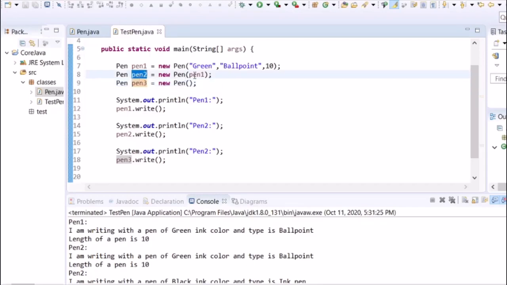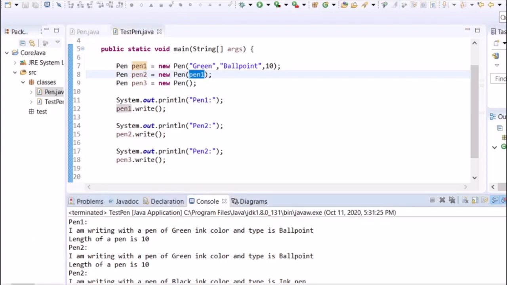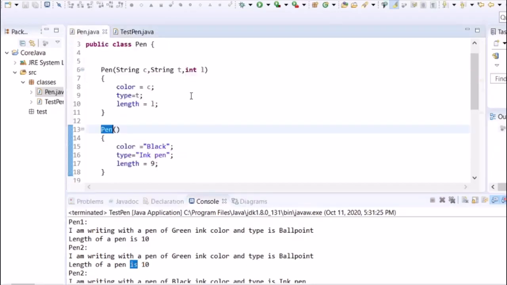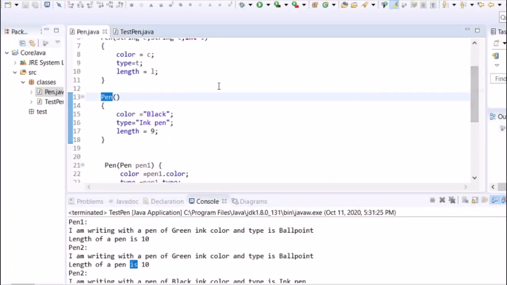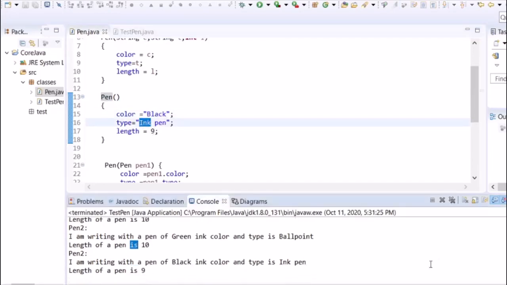In pen 2 we are passing pen 1, so again green ink, ballpoint and length of a pen is 10 is displayed. But for the third object, the default constructor which is defined is called, and the color is assigned as black, type is ink pen and length is 10. Now let's look here. For pen 3 it is black ink pen and length of a pen is 9.